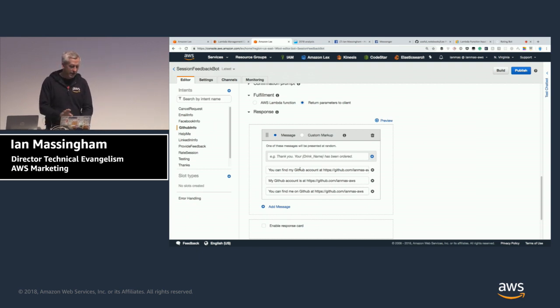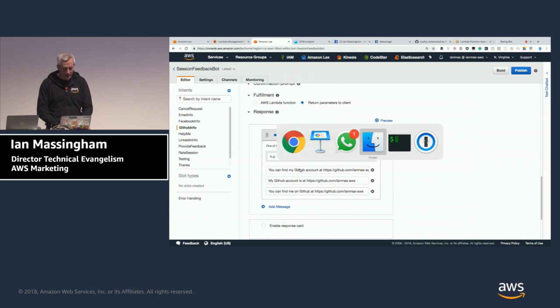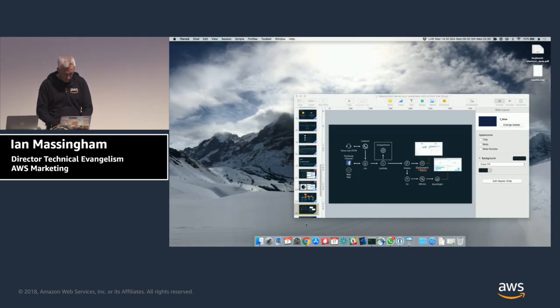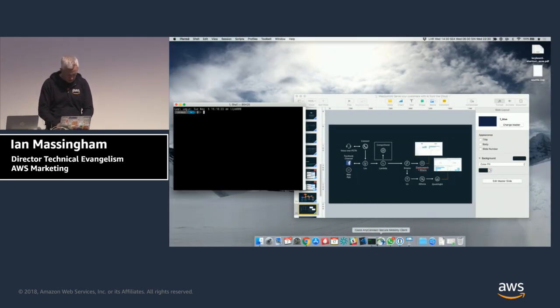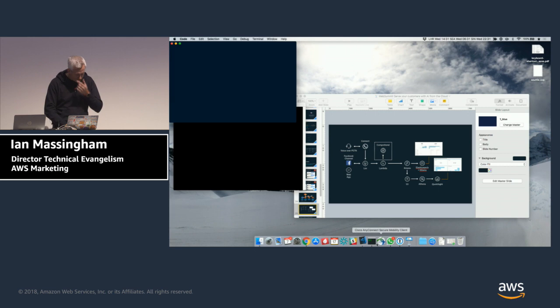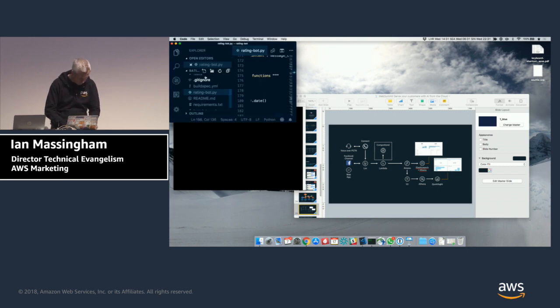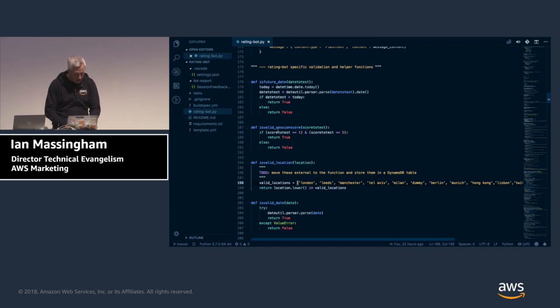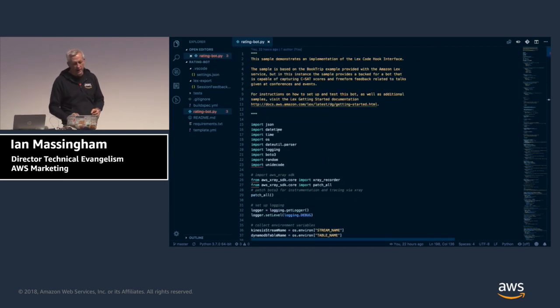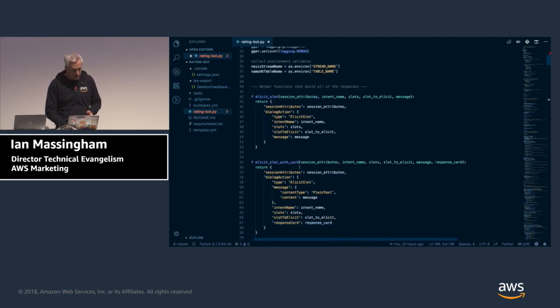Okay? So that is the front end. And then in the back end, you'll see that I've got a Python code base here, which is my validation and fulfillment function, which is deployed again within AWS Lambda.